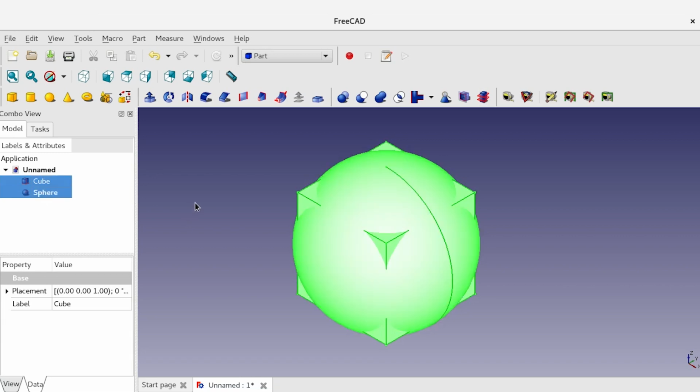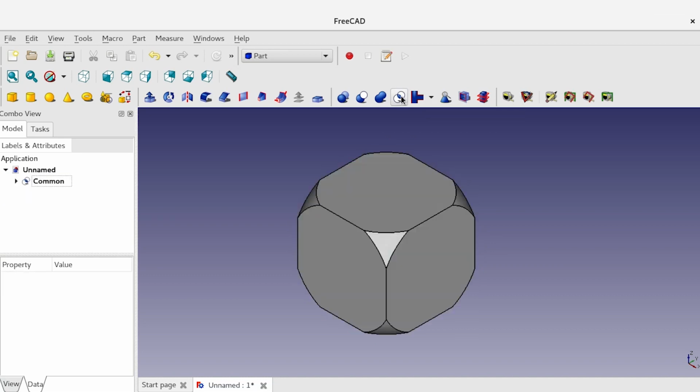When I select both of them, I can see here enabled a new set of operations. These operations are the union, subtraction, and intersection. So if I want to make the intersection with both parts selected, I just click on this icon and look what happened. So the common part, that is the intersection of the cube and the sphere, is this new part, which is